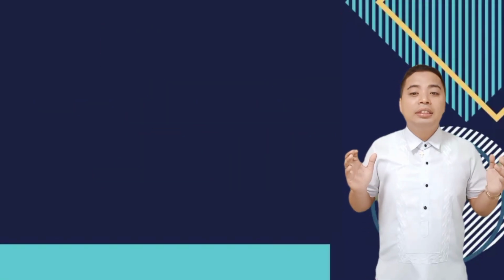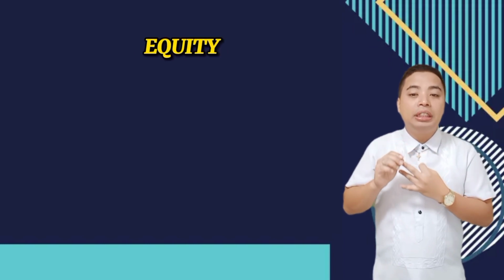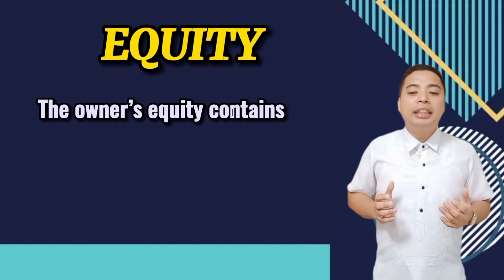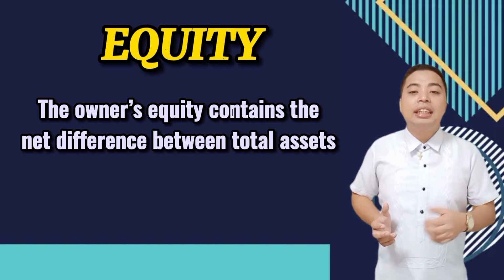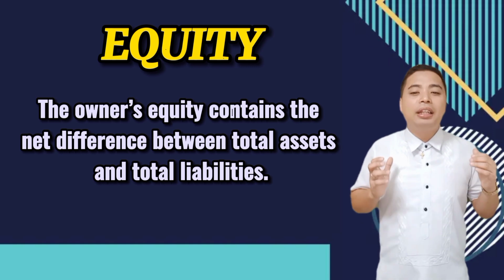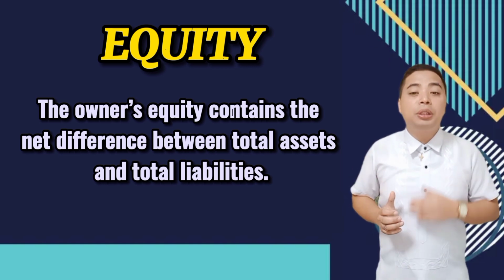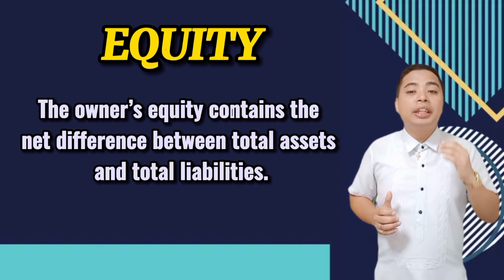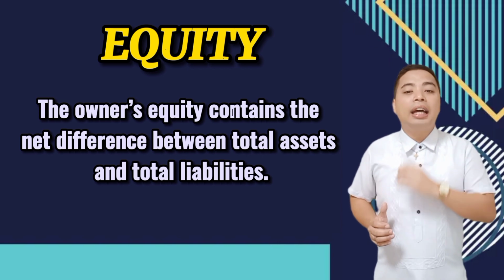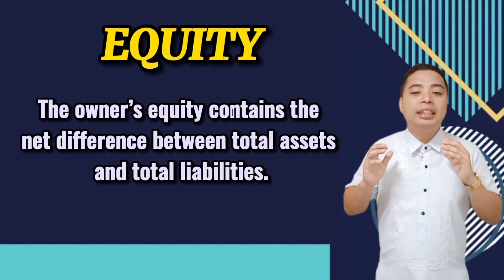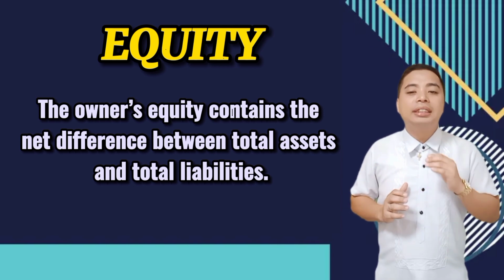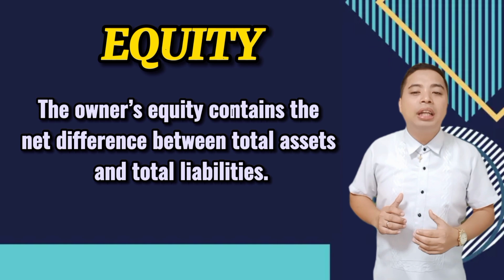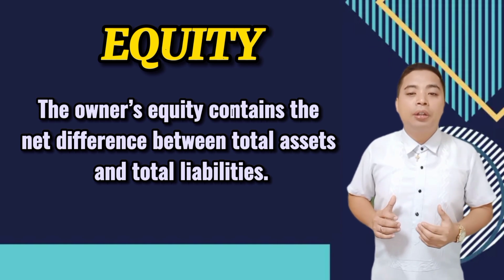So after we had the two basic elements of the accounting equation, which is assets and liabilities, we had the final one, which is the equity. So equity contains the net difference between the total assets and the total liabilities. So napakadali pala nito. Equity is just the difference between the assets and liabilities. So, ito yung tira after we deduct the liabilities from assets. O sa madaling salita, ito yung tira after bawasin natin yung ating pagkakautang mula sa ating lahat na pagmamay-ari or